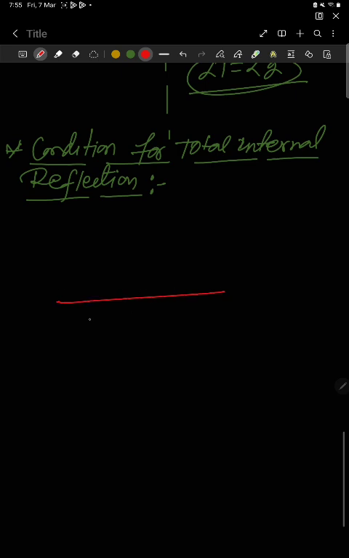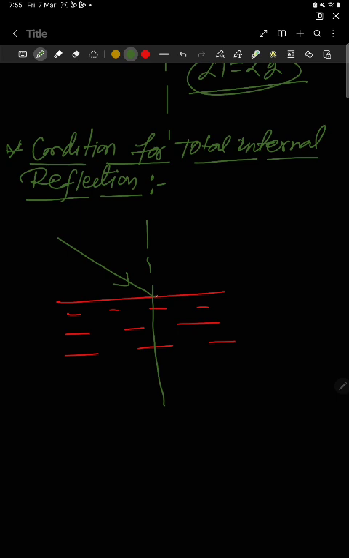अगर light ray rarer से denser में आएगा तब क्या होगा? ये normal की ओर जाएगा। ठीक है, जैसे जैसे हम ये angle increase करेंगे इसका जो refracted light है वो normal की तरफ आता जाएगा। ठीक है, but